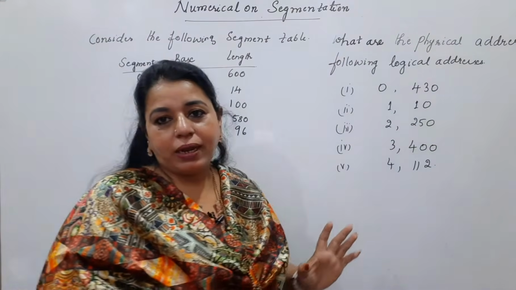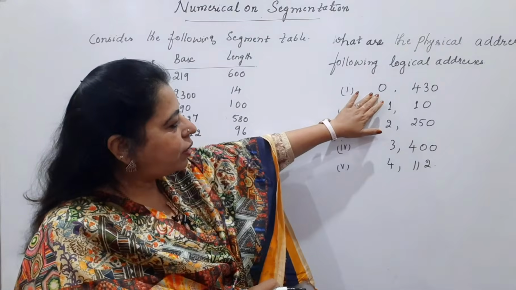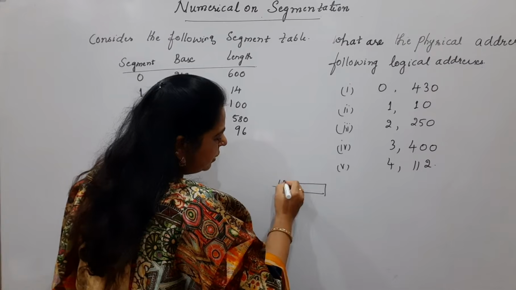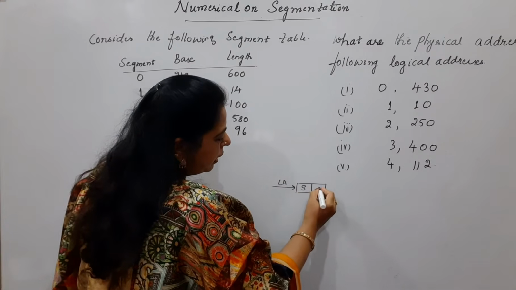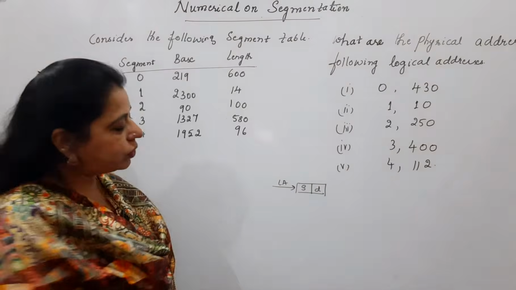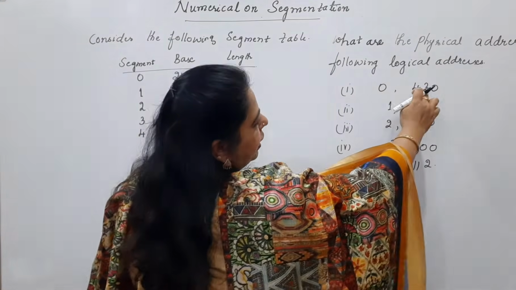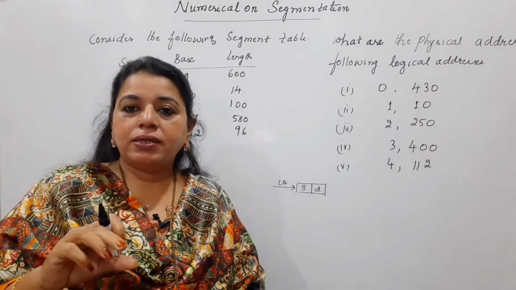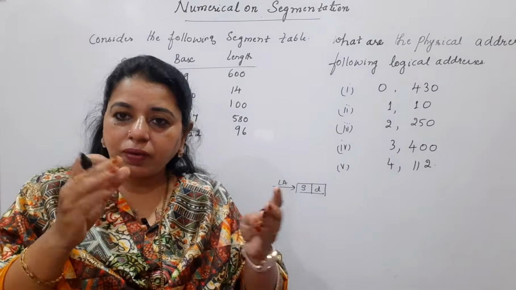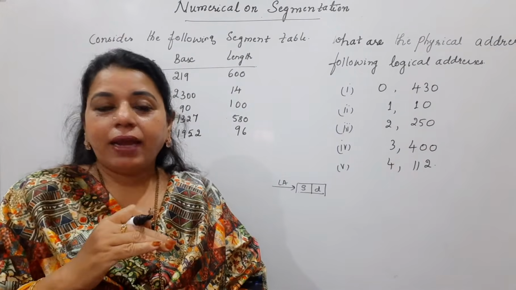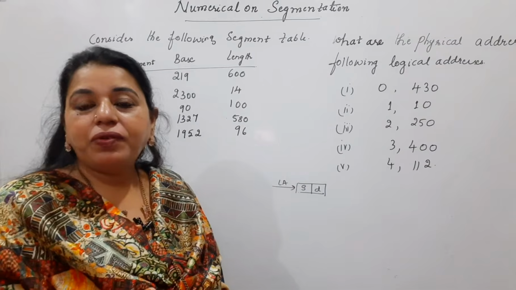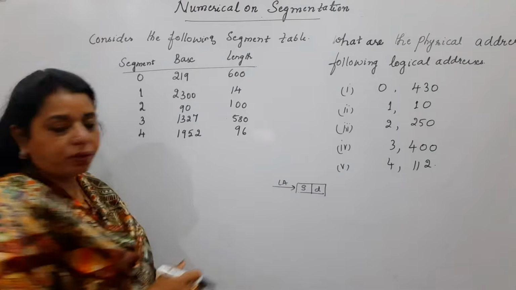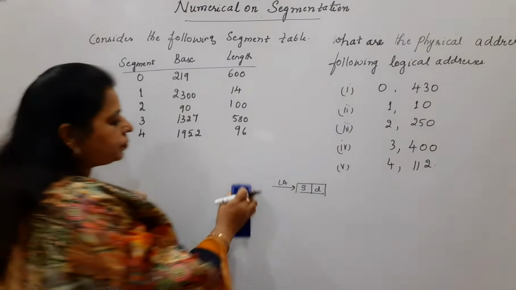Given is the logical address. If you remember the previous diagram, I have written that the logical address which the CPU generates consists of the segment number and the displacement value. So this S and D are given here. D is the displacement, or you can use the word offset also. It is one of the locations in the segment. The segment number is given, and you have to determine the physical addresses for these particular logical addresses. How to proceed for this solution?